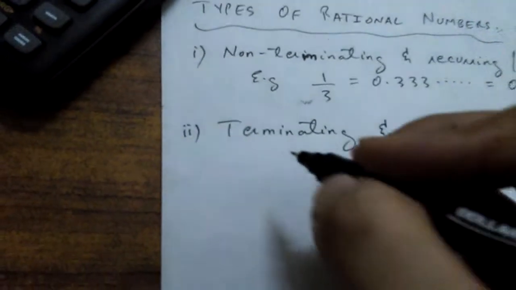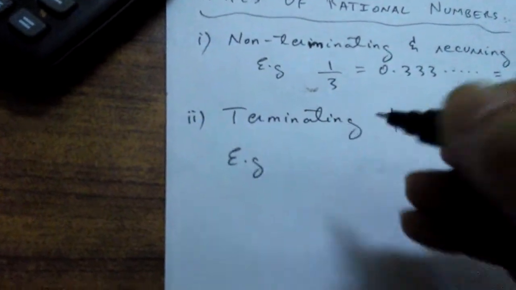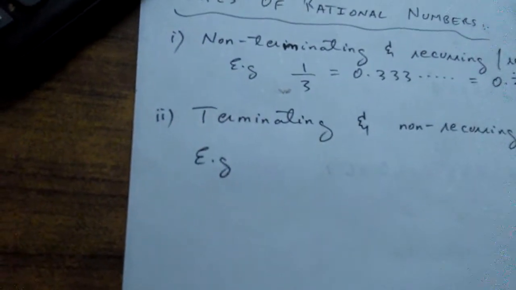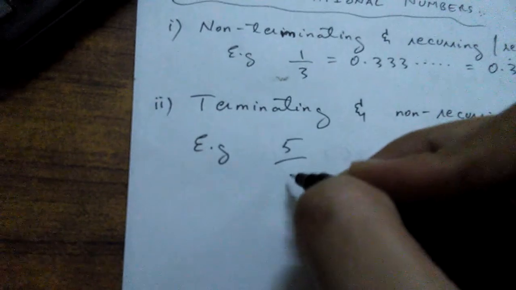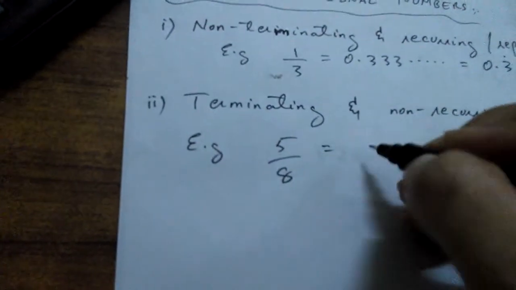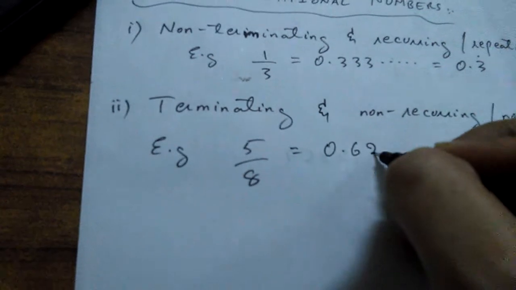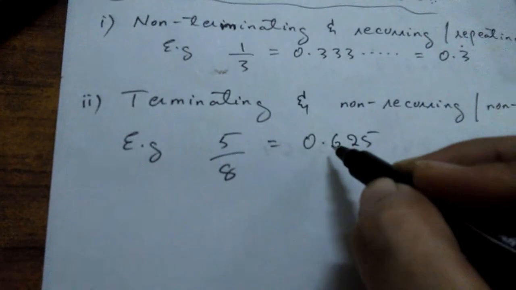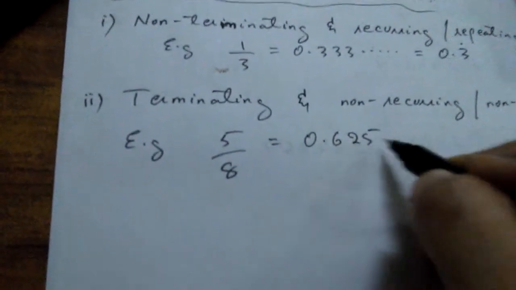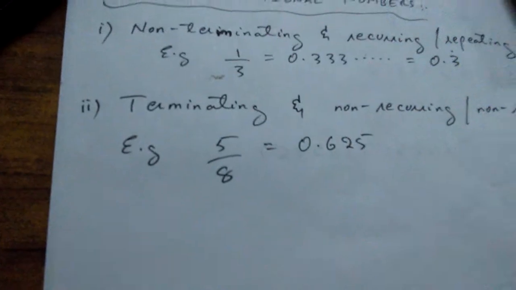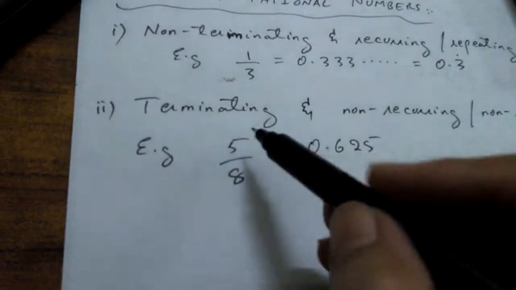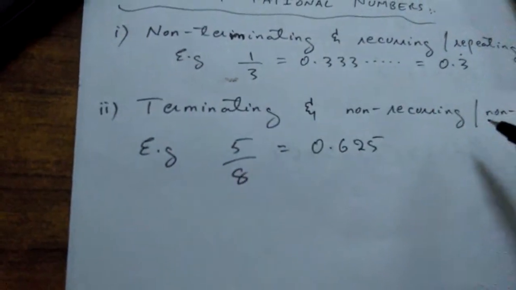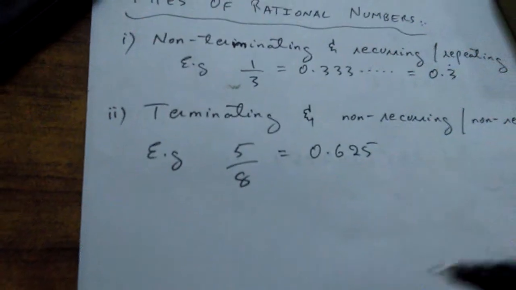Another type of rational number is a fraction that on division gives you a decimal answer which is terminating and non-repeating. For example, if you take a fraction like 5 upon 8, on division it gives you an answer like this, 0.625, and stops, giving you a zero remainder. So you see the decimal part has stopped, it has terminated, and none of the digits are getting repeated. So this type of fraction gives you a decimal answer which is terminating as well as non-repeating. As far as the irrational numbers are concerned,